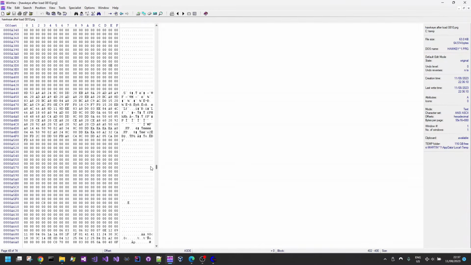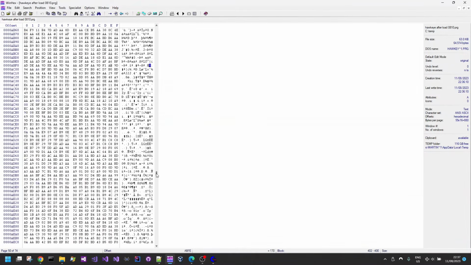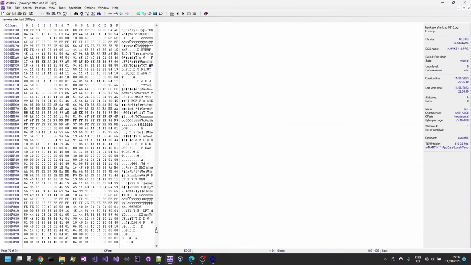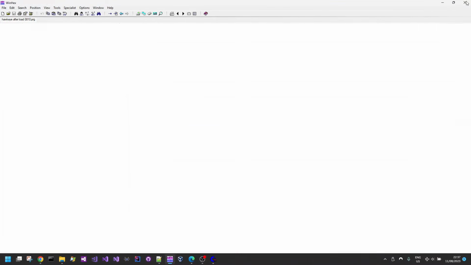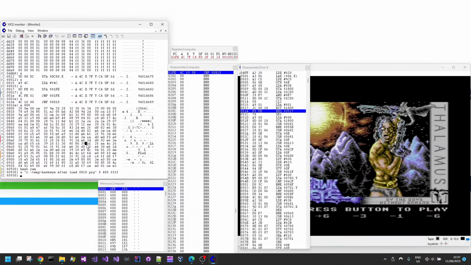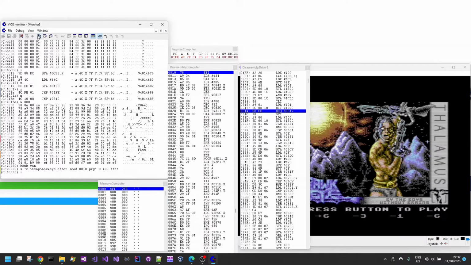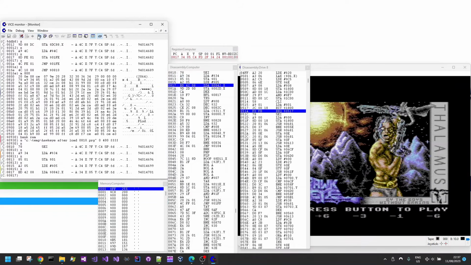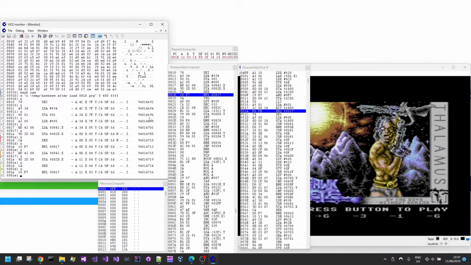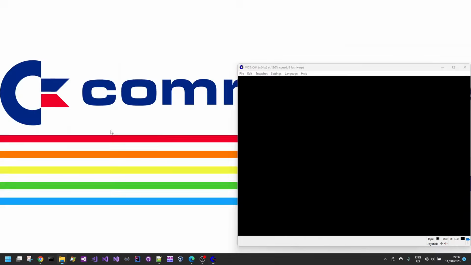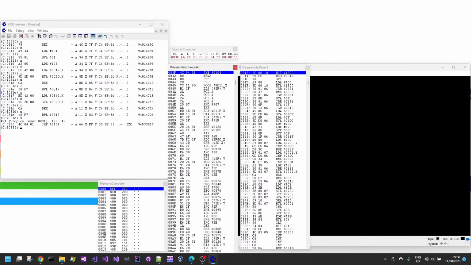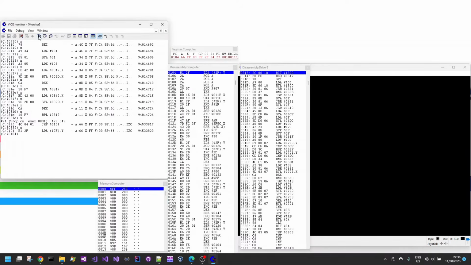We can see that there's actually quite large chunks of empty memory. Maybe I've saved too much memory. That's entirely possible. So these empty chunks might be music or bitmap data or whatever. That's perfectly fine, it doesn't really matter. What matters is that there is enough memory saved out for the self-extracting code to work. And you can see here it's doing a whole bunch of, let's take code and relocate it to zero page way down, and then let's take data and relocate it, indirect, and maybe decompress, blah blah blah. Not really that